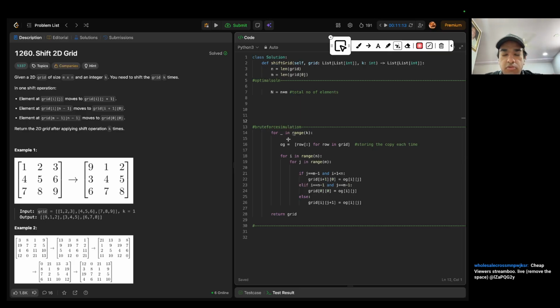So the simple brute force solution was we are applying the loop k times as being asked, and we are storing each of the rows, like the entire thing we are storing before every iteration of k. The entire row is copied. So what this is doing is